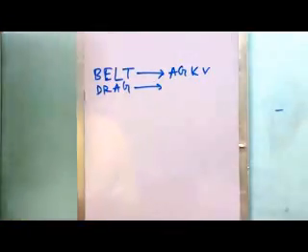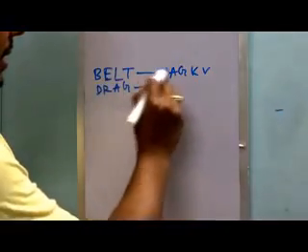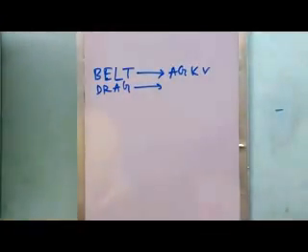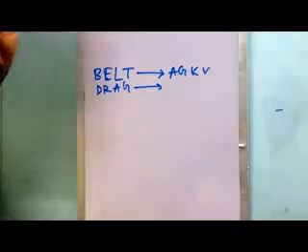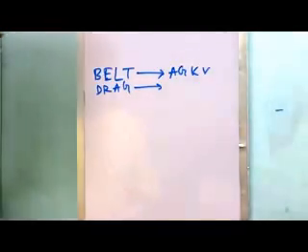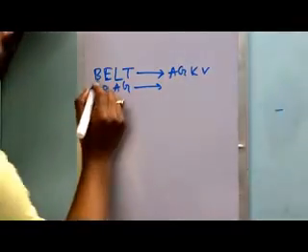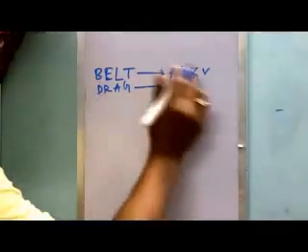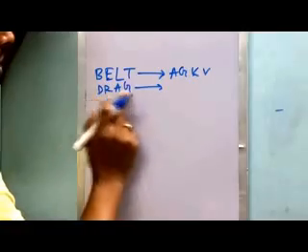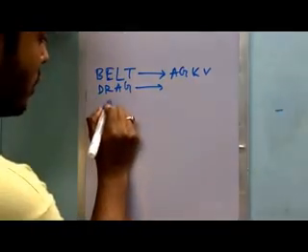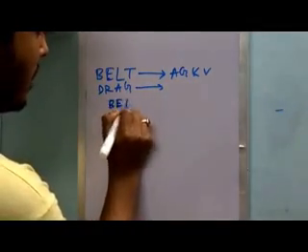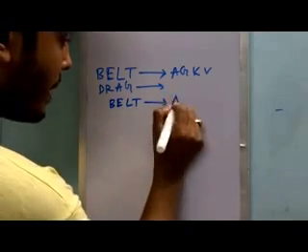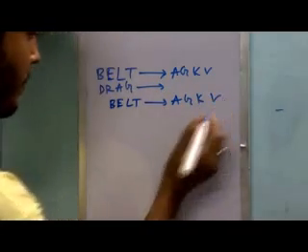Okay, let's start. BELT is written as AGKV. So how will DRAG be coded? If we say that BELT is one code which is decoded as AGKV, then the code DRAG has to be decoded. So let's jump directly to the logic here. How does it actually come: A, G, K and V.